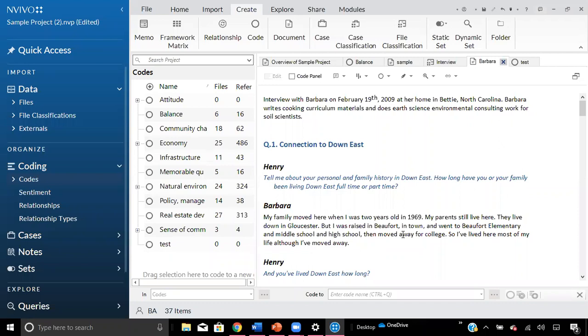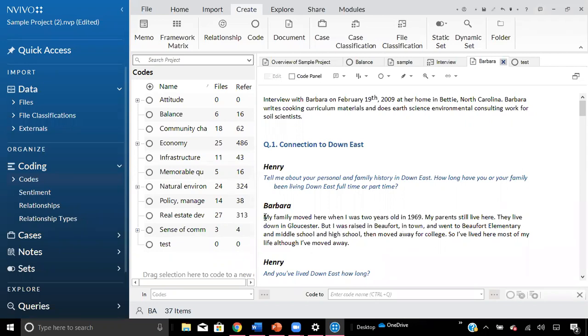So there's many other ways to put text into the codes in NVivo. The best way to do this will depend on your project, how many codes you have, whether you're coding one code at a time versus coding the codes at once, etc. There are 3 important options to know about. You can highlight a piece of text, right-click, and code it using the code menu option.